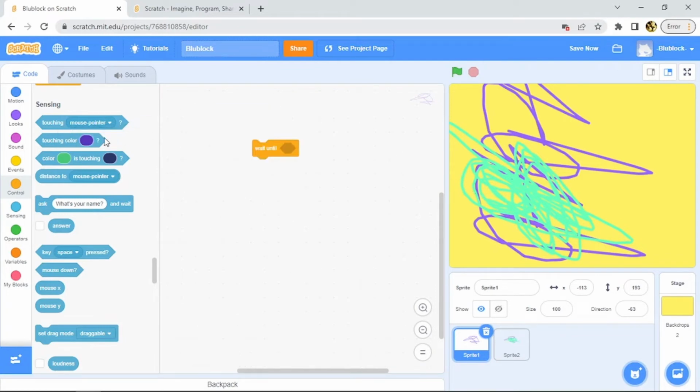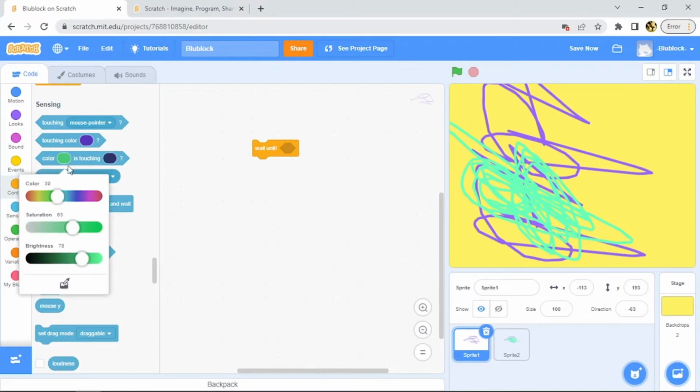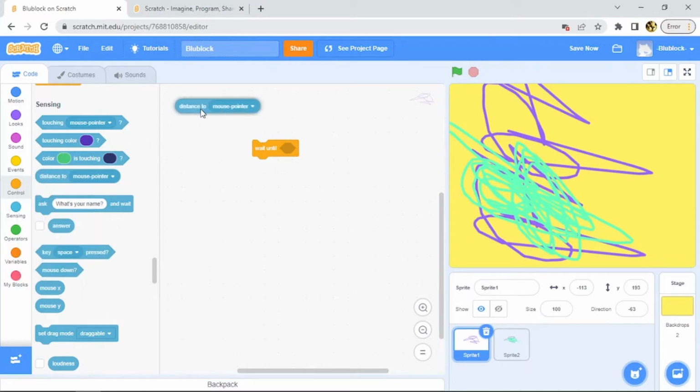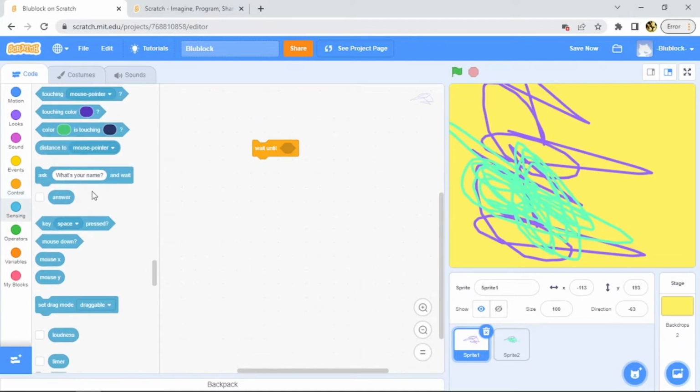Then this is if something's touching a specific color, then something will happen. Or if color green is touching color blue, then something will happen. You could switch the colors if you want. And if distance to mouse pointer is greater than, let's say, 100, then something will play out. It's very specific things, yeah, I should say specific things that it's talking about here, like the distance from it, the color, green touching blue,